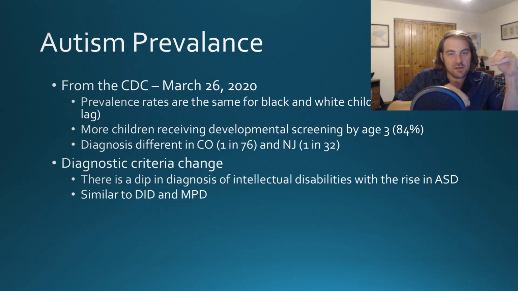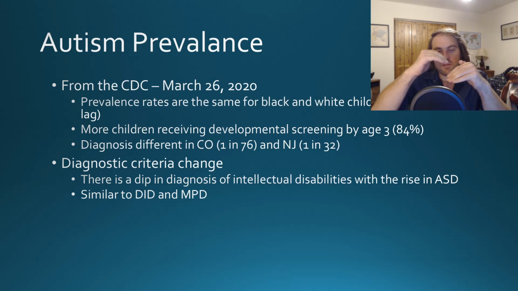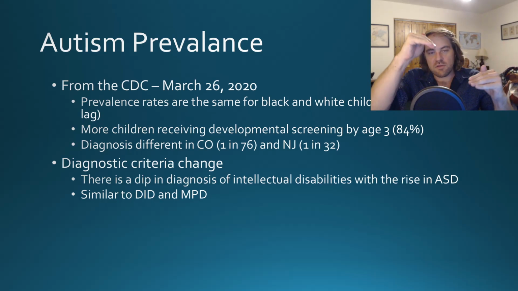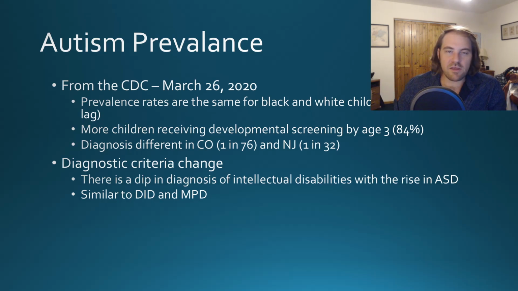But as autism became a diagnosis that more people knew about, the ASD diagnosis is rising and the intellectual disabilities diagnosis is shrinking. Now, that doesn't mean that everybody with ASD has intellectual disabilities, not by any stretch of the